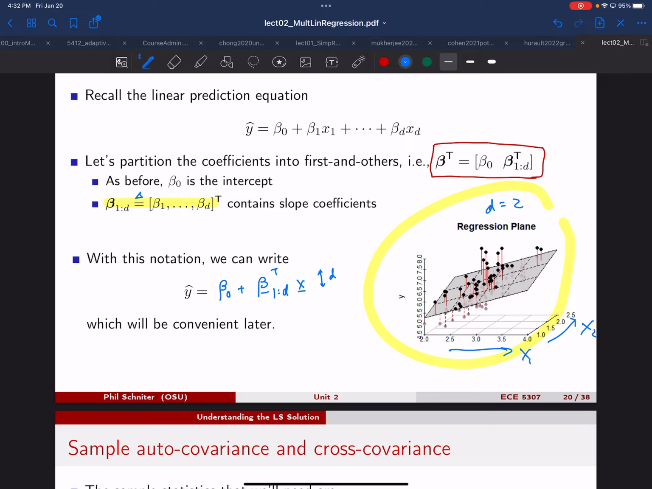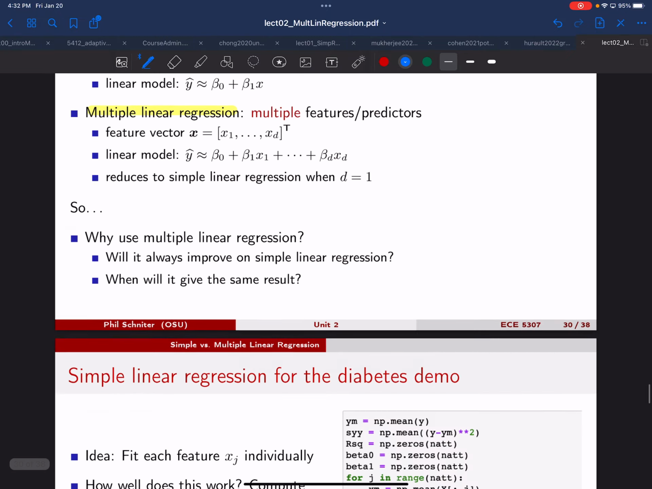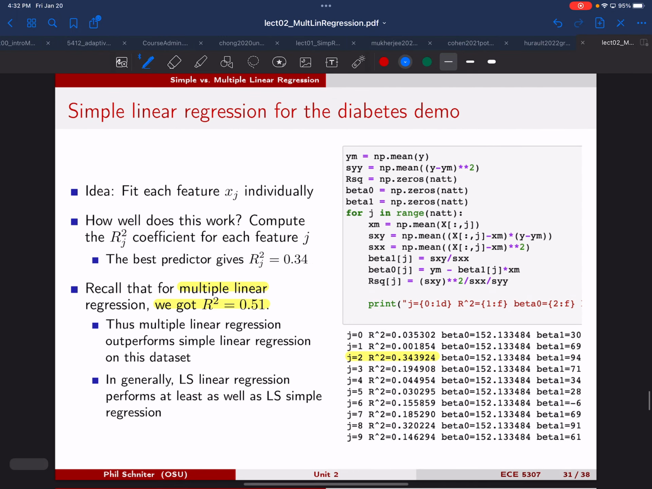Okay, any other questions about why we want to use all the features if we care about training RSS? Okay, so